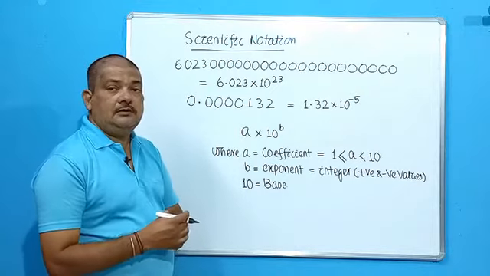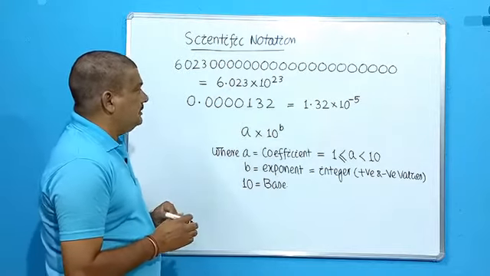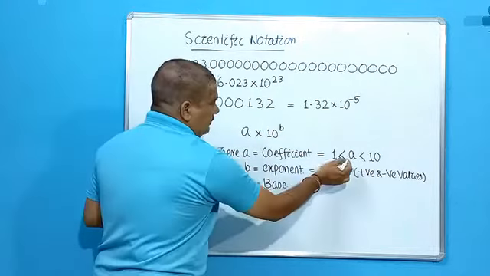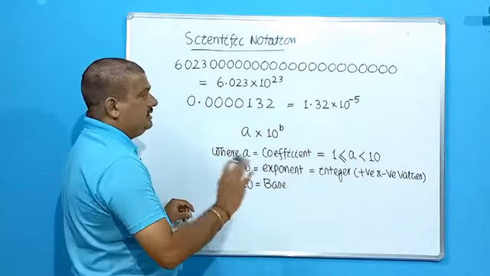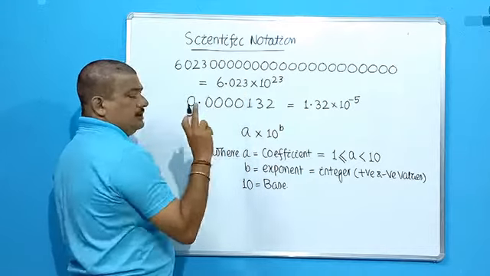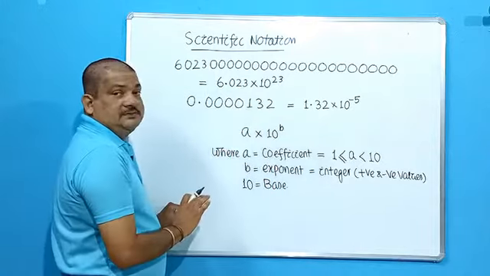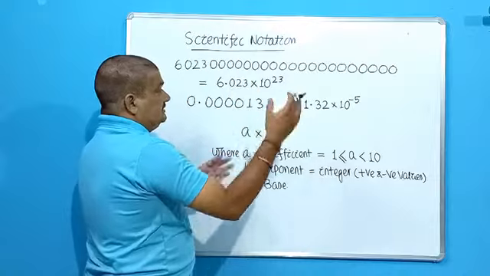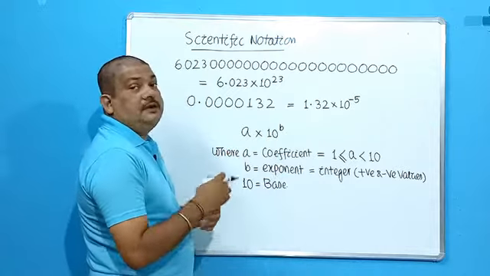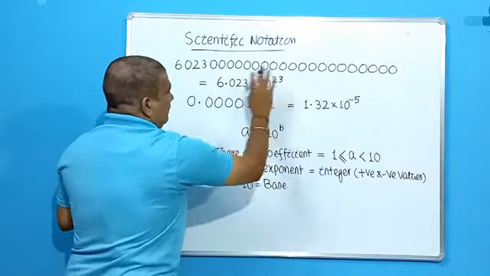Okay, then how to write down or convert various numbers into scientific notation? Once again look at these numbers. Now this is a too long number. So what is the method? Look, a would be less than 10 but greater than 1. Definitely before the decimal point there will be only one place. So you have to allot only one place here, and the remaining will be on this side of the decimal point. If it is a large number, it will be 10 to the power of a positive value. If it is a small number, it is 10 to the power of a negative value. So how have I done it?